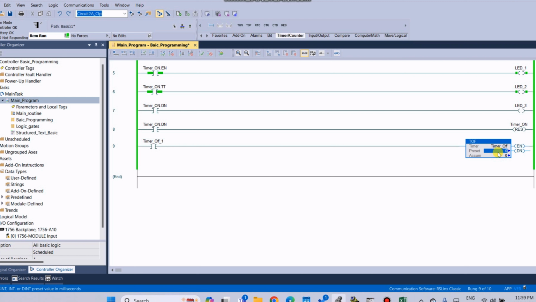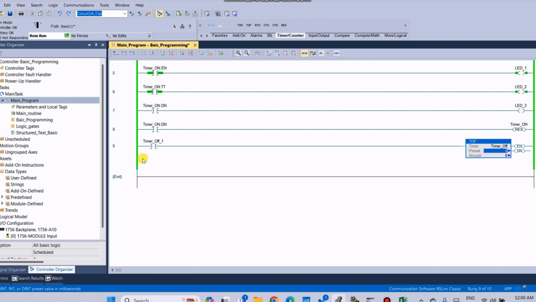When the timer on bit goes off, true to false, the preset value starts counting. The timer counts until it reaches the preset value and then sets the done bit to true. The timer stops counting when the input condition goes true, and resets the accumulator value to 0.